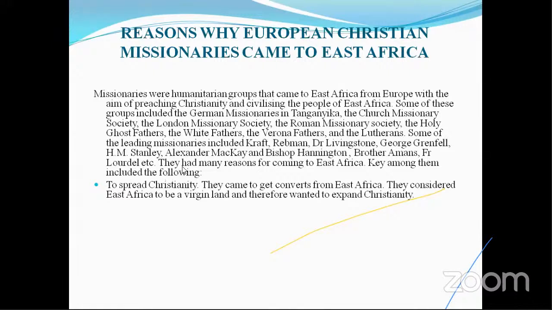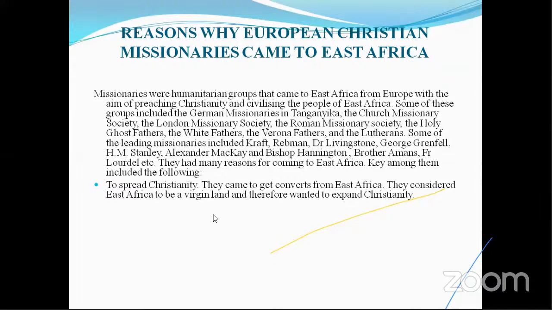It goes, they came to spread Christianity. So they came to get converts from East Africa. They considered East Africa to be a virgin land, and therefore they wanted to expand Christianity. The point is, these Europeans, the missionaries, thought that East Africa was a virgin land where people knew nothing about God. So they had to come to East Africa, preach the word of God to these Africans, and convert many